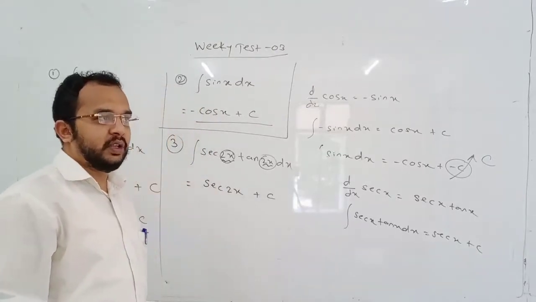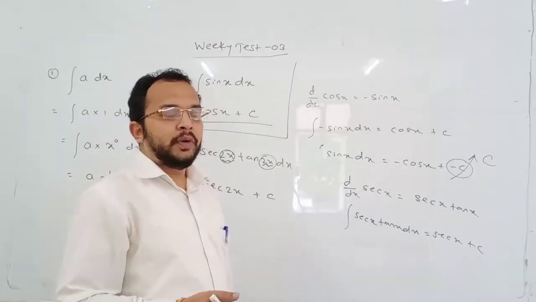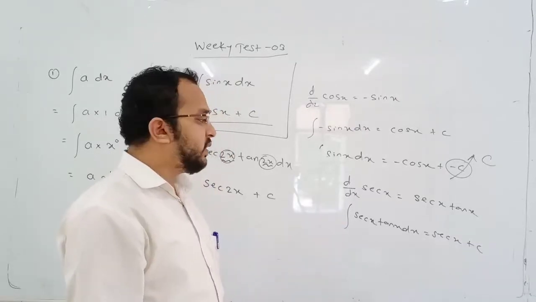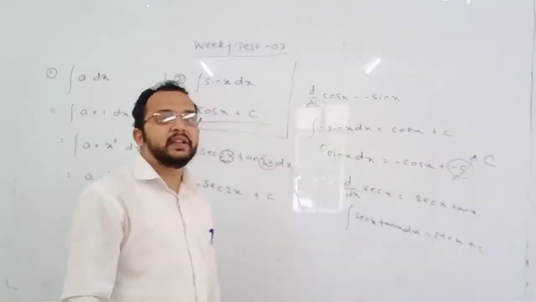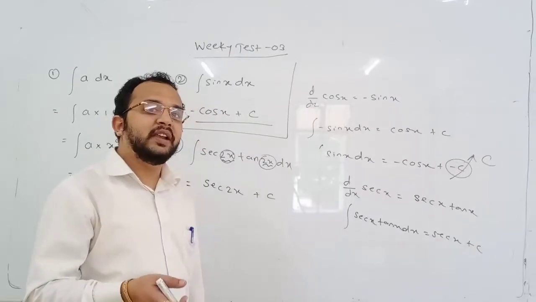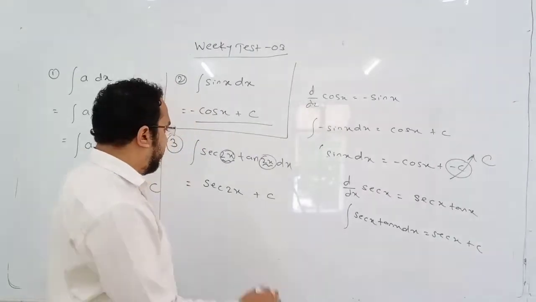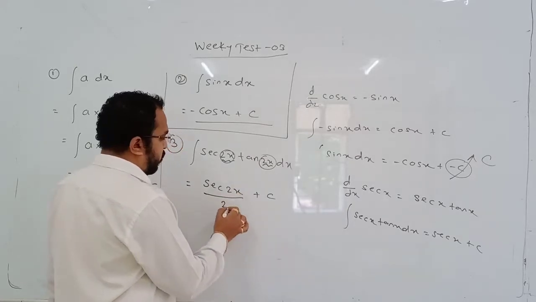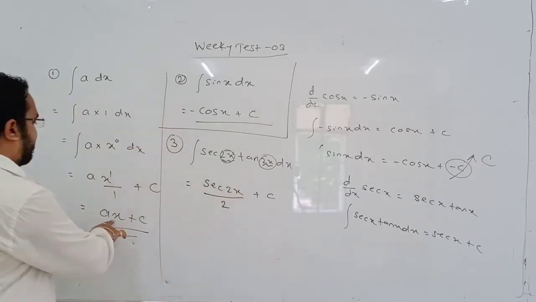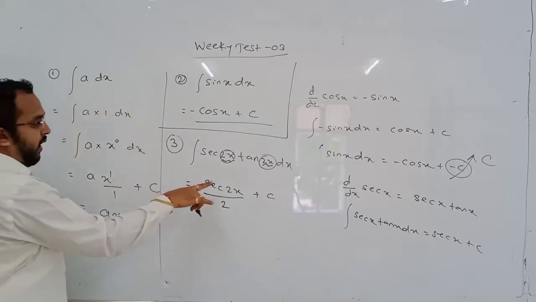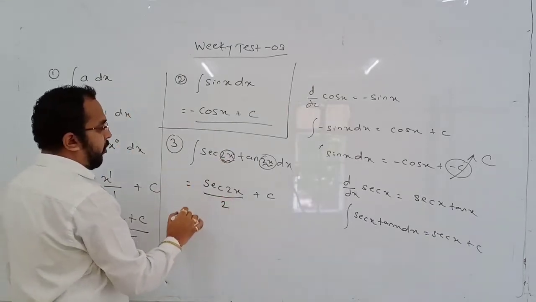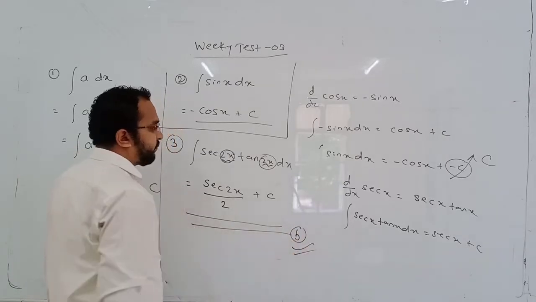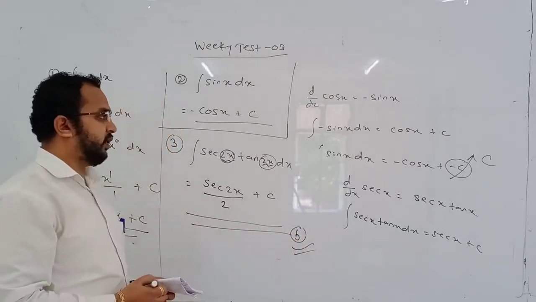In differentiation, when we use the chain rule, we differentiate again and multiply, in the numerator. But in the case of integration, while applying the chain rule, we have to put the derivative in the denominator. So what is the differentiation of 2x? We know it is 2. ax differentiation is a, so 2x differentiation is 2. So this will be your answer, option B. Option B is correct. So this was the third question.